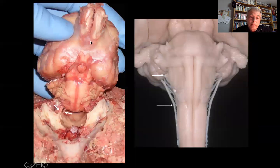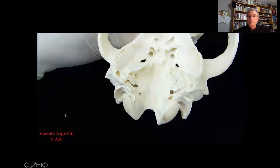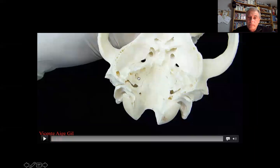So we remove another encephalon from the cranial cavity and we see some nerves, okay? So we identify here, at which level are we? This is the trapezoid body, this is the abducens nerve right here. So here you have the glossopharyngeal and vagus nerve, and caudally the hypoglossal, okay? So we go to the cranium, and we are going to see in the cranium